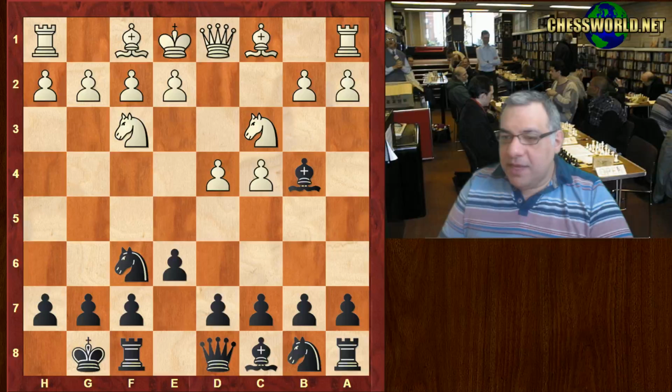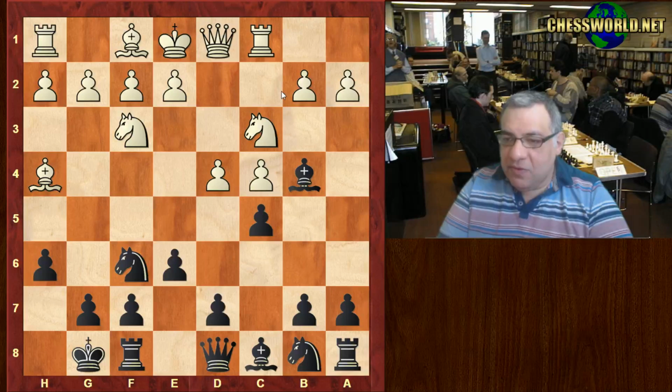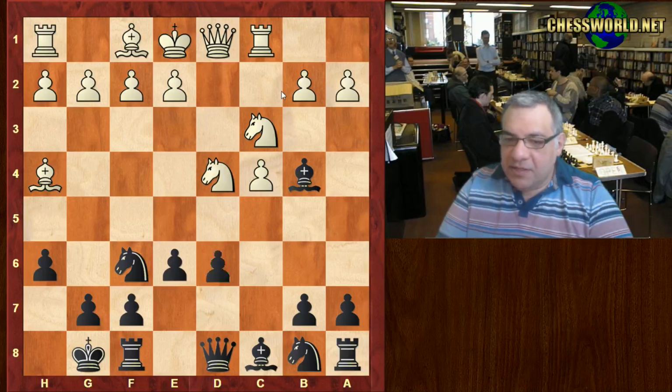castles, and now bishop g5. This is the third most popular move here. Queen c2 is actually the most popular. c5, rook c1, h6. This has been seen quite a bit before. c takes, knight takes, d5,